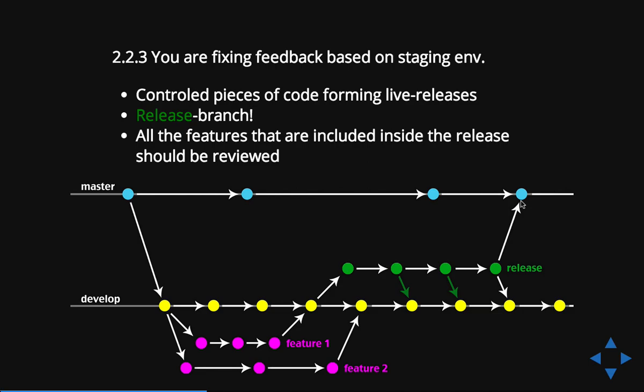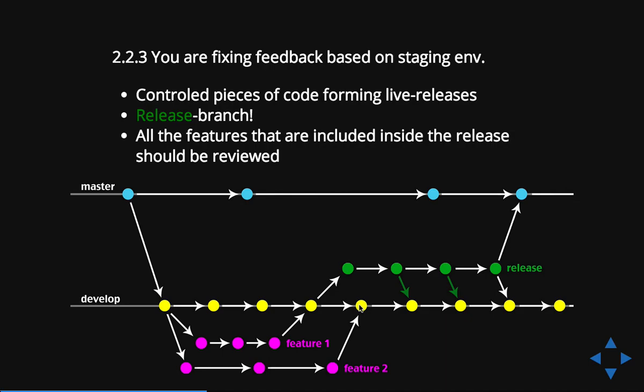When the reviewer says, yeah, I have feedback on feature 1 and 2, let's say you're at this stage and you just merged feature 2 in here, but you already created a release branch, and the reviewer starts giving feedback about feature 1 and feature 2. Then you can say, okay, I'm going to first handle feature 1 because that's now prioritized in the Git workflow. So I'm starting to fix all the issues with feature 1 in this release branch,